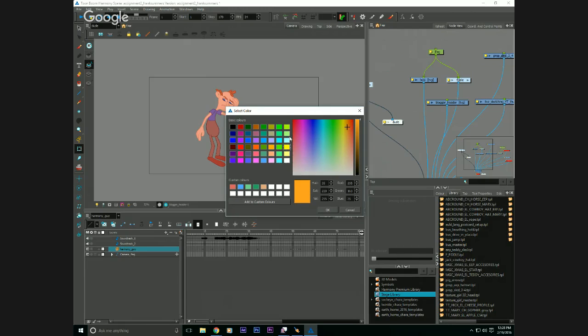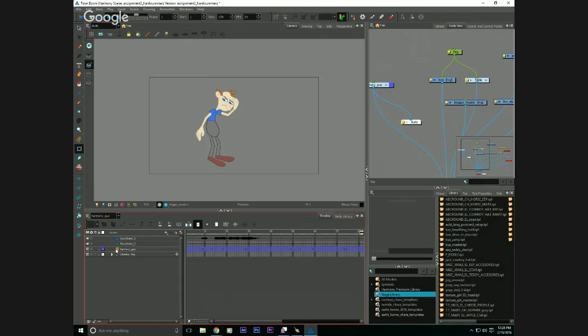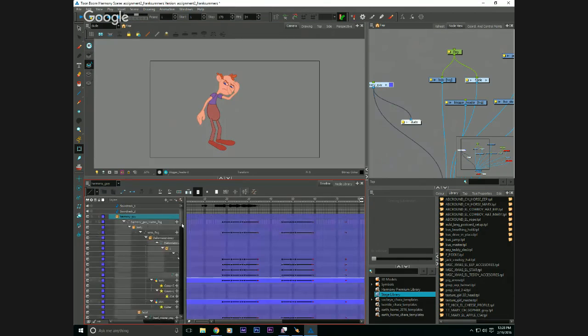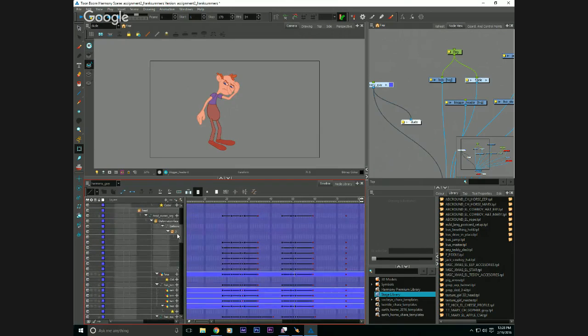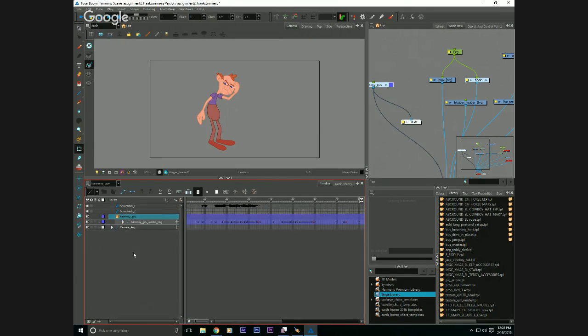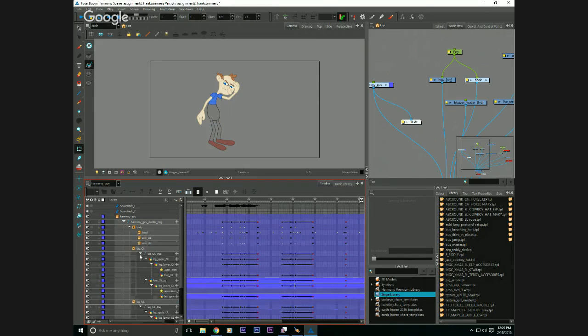Try and pick something that maybe, he's got that blue shirt on, I guess. So let's come in and go blue. I'm guessing right now. And now everything that's nested under it will all be blue, including the layers itself. Look, this guy goes forever, right? And if you want, you can take your time and